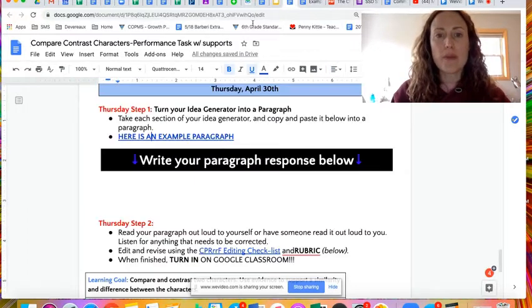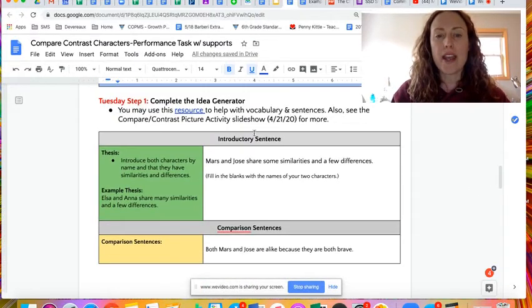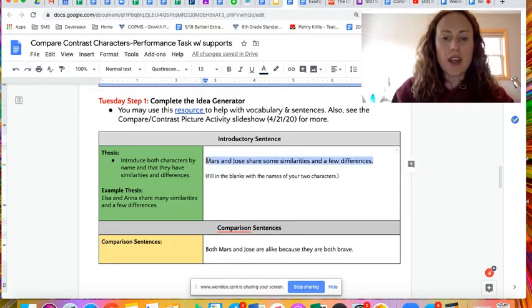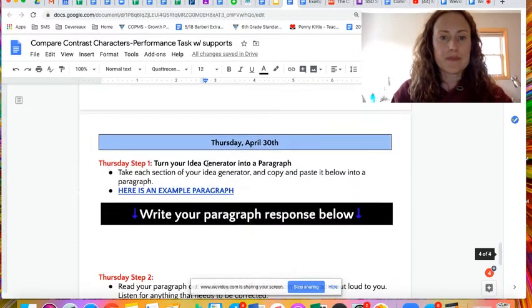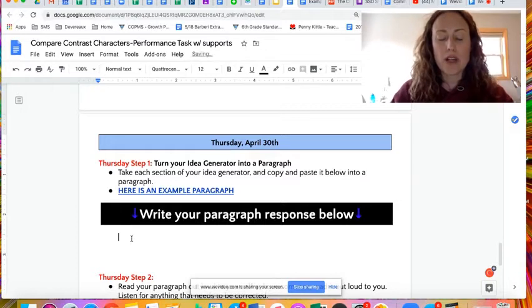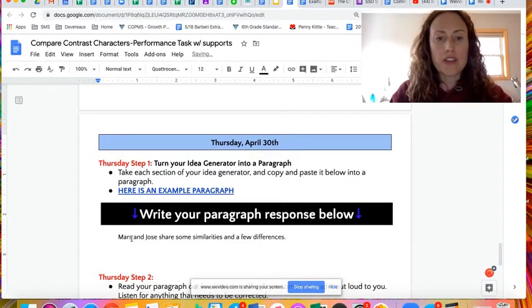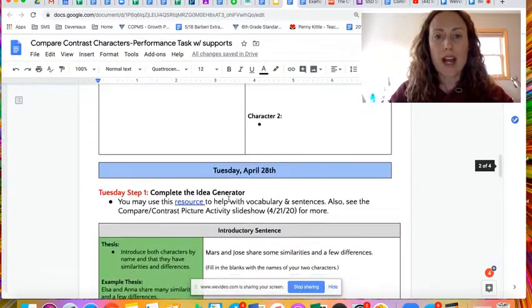So I'm going to go back into my plan, scroll back up, and start with my introductory sentence. And I'm going to leave this fill in the blanks part, right? So Mars and Jose, I'm going to take that, scroll down, click here, hit Tab on my computer keyboard, Control V to paste. And hit space right then and there, okay, so that you have a space in between the lines. I'll scroll back up